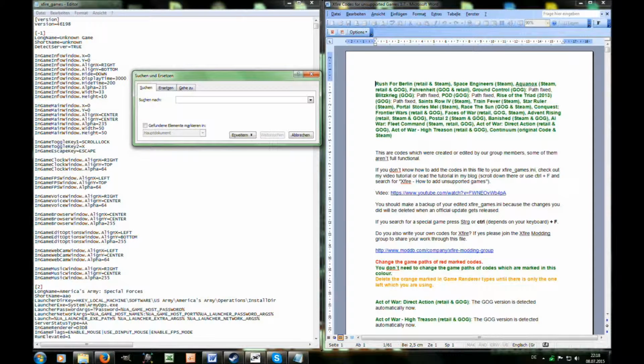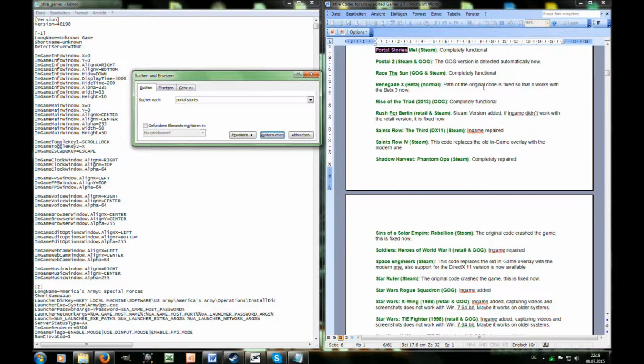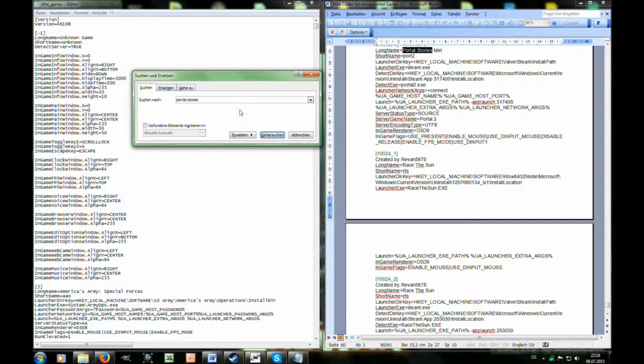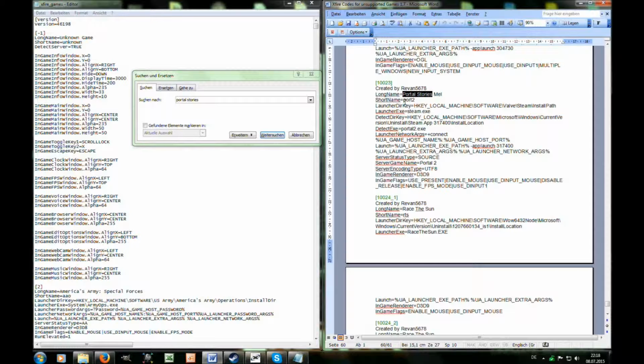In my case I want to add the modification Portal Story Smell for Portal 2. So I type in the name, press enter, and this is the first entry in the Word document where you can see that the code is completely functional. So I press enter again, and now we see the actual code. So copy this code